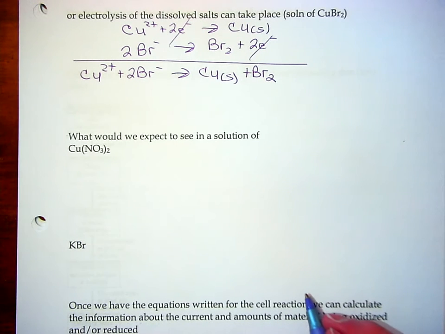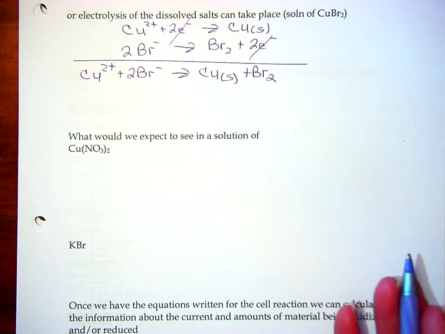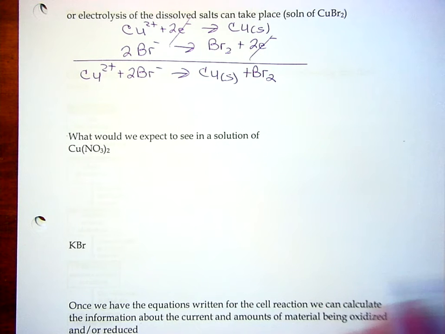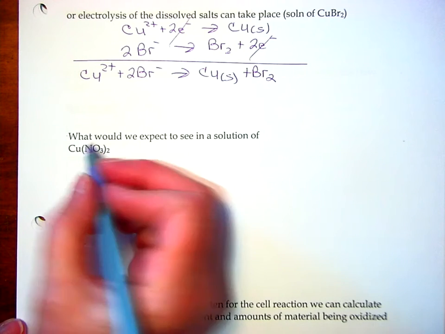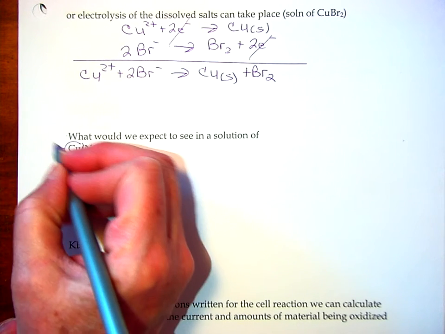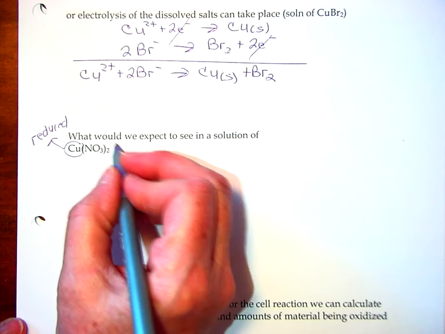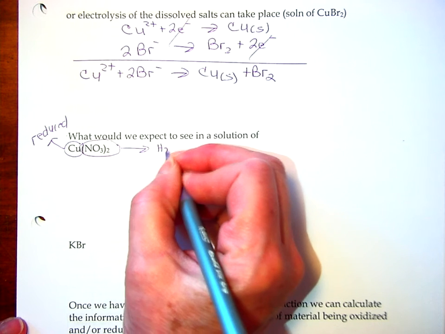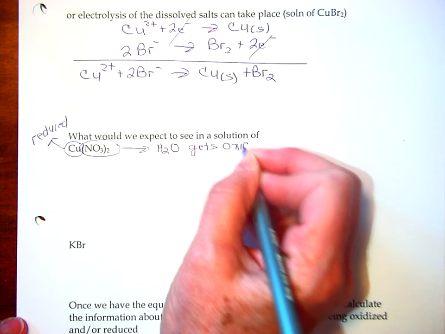So how do we predict whether or not it'll be the water that undergoes electrolysis or the dissolved salt? Well, we can do this by looking at the reduction potentials in a chart, or we can think about it by comparing it to other data. So what would we expect to see in a solution of copper nitrate? Well, we already have information that says when the copper ion is dissolved, it will go ahead and get reduced. It will gain electrons. And we know that when the nitrate is dissolved, we actually have water undergoing electrolysis. So water gets oxidized at the anode. So what this would tell us